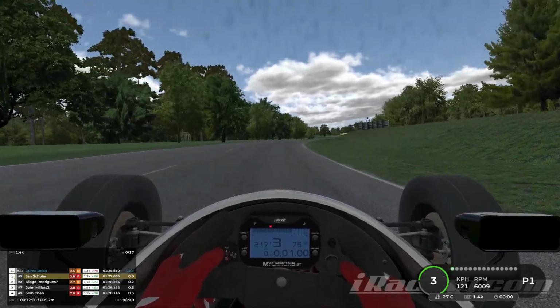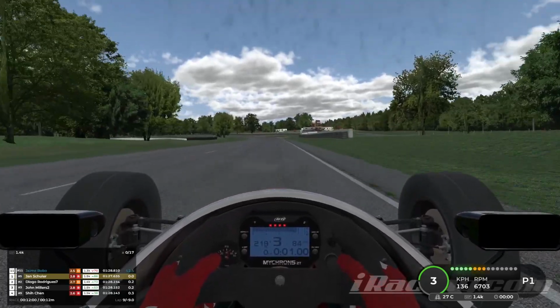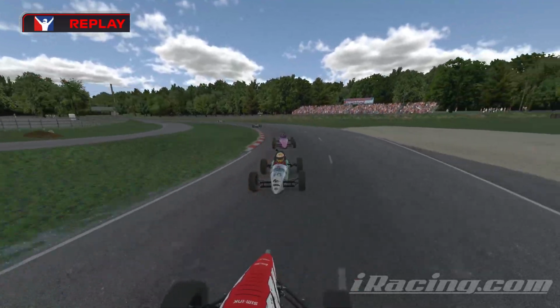and that, ladies and gentlemen, is going to be P1 on the last lap of this race. What a great performance there. I did not think we were going to be able to hold it. We left him enough space, and we made the move, so we are going to go into this amazing move,